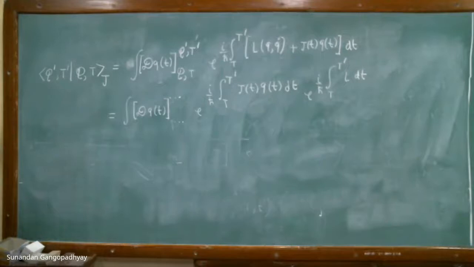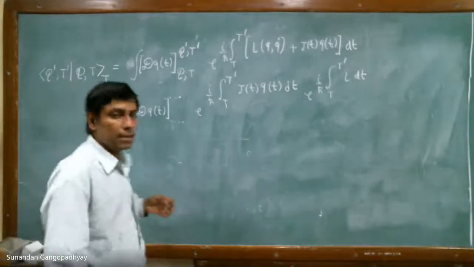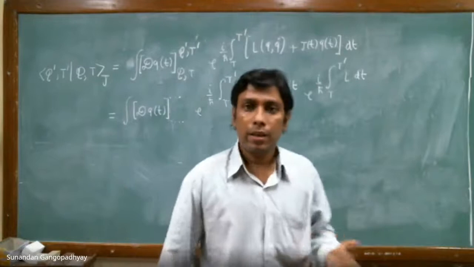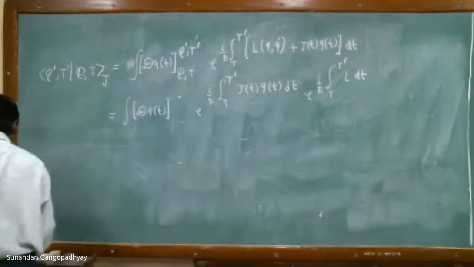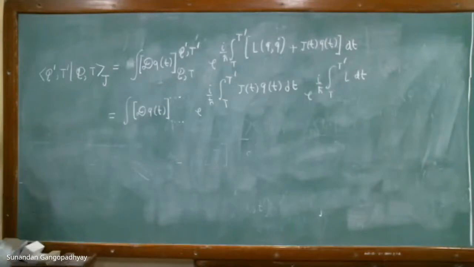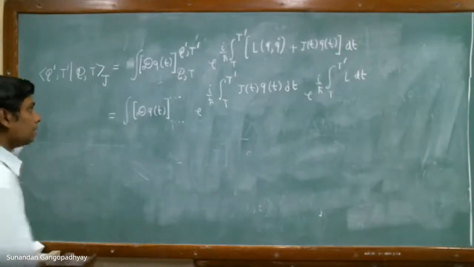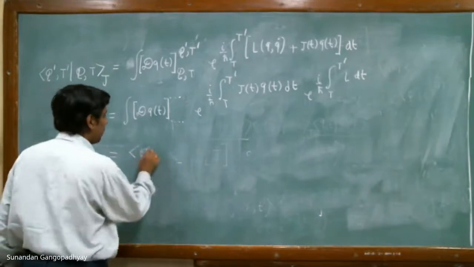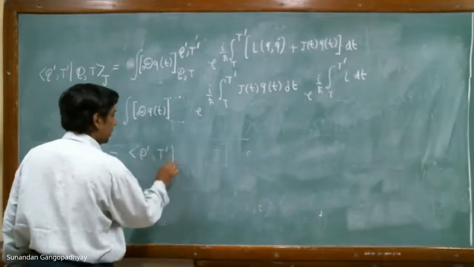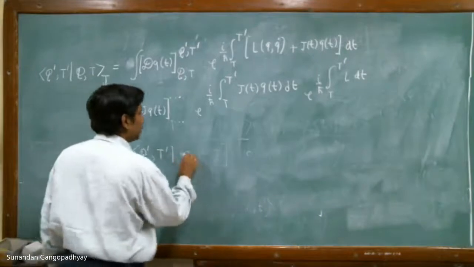But if you remember our earlier results that we have established in a couple of classes back, you recall those expressions, you immediately see that you can write this expression as q prime t prime to the power